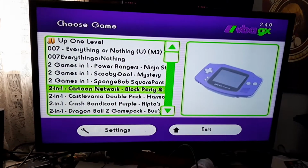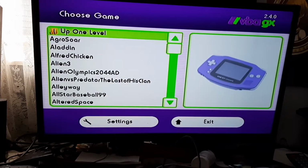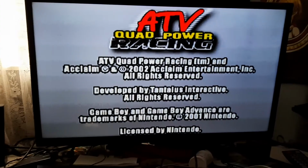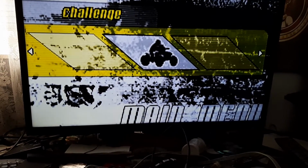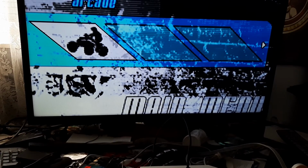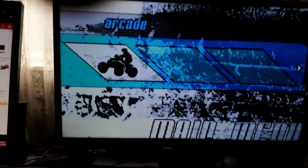And this has all of the Game Boy Advance games, and then if you go up one level you can switch between the Game Boy Color ROMs and regular Game Boy ROMs, but just for all intents and purposes we'll do a random here. A lot of these games I am going to recommend. Let me see if I can put this on a stand. Give me 1 second. I won't keep it there, but